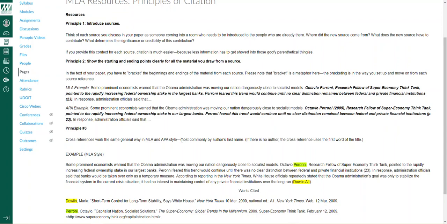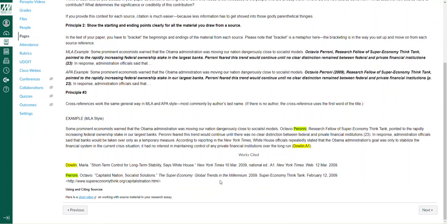All right. Now, principle number 3 is also the cross reference. So if there is an Octavio Peroni here, if I go down to your works cited page, there has to be a Peroni, Octavio here. And this is the article with the information and the link. So this is one of the reasons why we do the annotated bibliography and we format those citations.